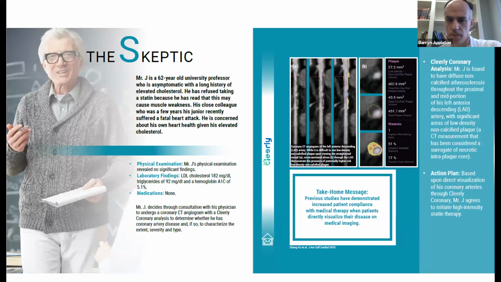So he had one of these done, and he also was found to have pretty significant plaque through his coronary system, some in the LAD. And they were able to see significant areas that were also of that low density type, low density non-calcified plaque, which is code for us to think, gosh, that's a high risk plaque that could transition into something more sinister. And so this was enough to help him be motivated to say, well, I've got to try and do something. So this was helpful enough for him to say, I'm going to start taking a statin after all,